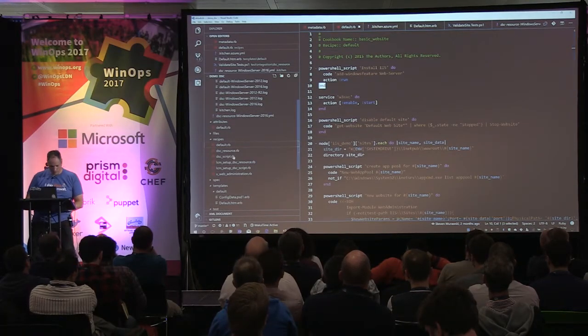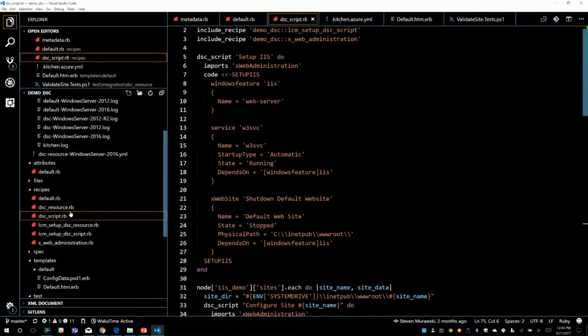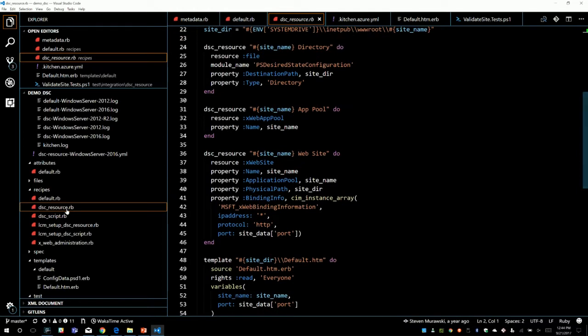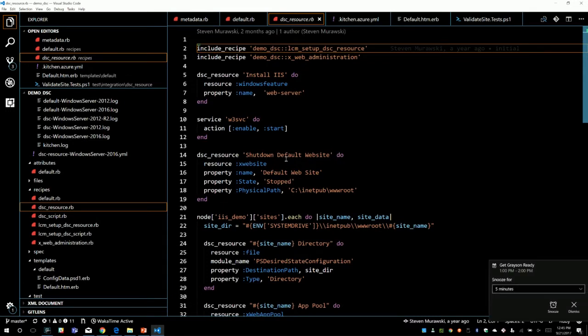is, we're going to focus on a Chef recipe that uses DSC Resources. It's using the xWebAdministration module. And what we're going to do is we want to get IIS installed, make sure,